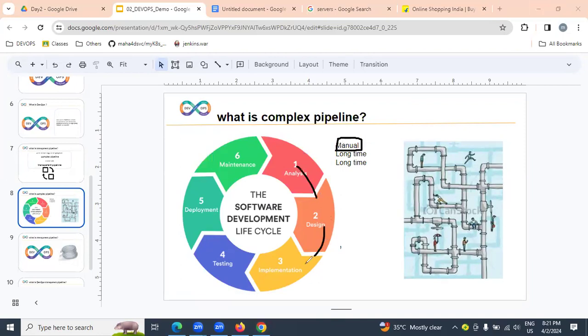From analysis to design, design to implementation, implementation to testing, testing to deploy, deploy to maintenance, it is a manual process. Due to this manual process, if we get an issue or any problem in the middle of the process, identification will take a long time. Resolving the issue will also take a long time.